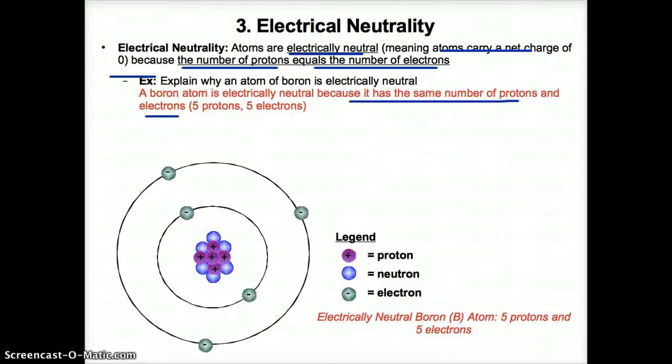Right, so let's get down into specifically how many protons and electrons it has that are the same. Down here we have a diagram of a boron atom. If we count the number of protons in the nucleus, as shown by the purple positive spheres, we have a total of 5 protons. If we count the number of electrons outside the nucleus, as shown by negative gray-green spheres, we have a total of 5 electrons. So to make the answer to this example more specific, we have specifically 5 protons and 5 electrons in a